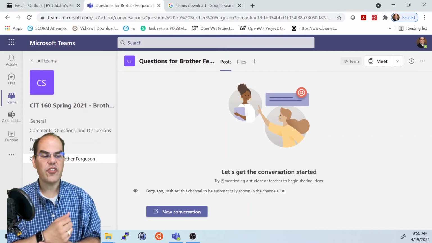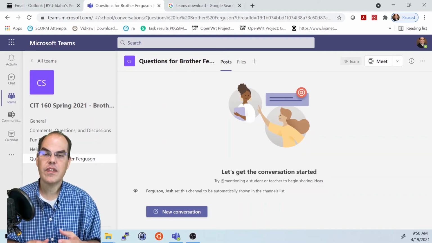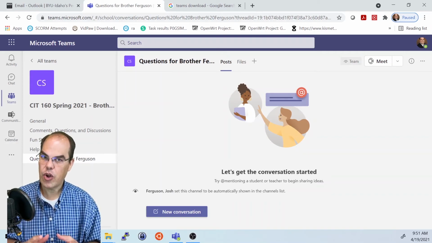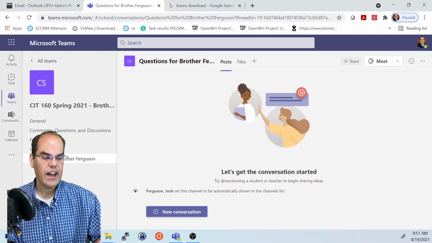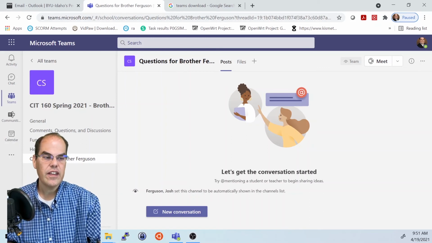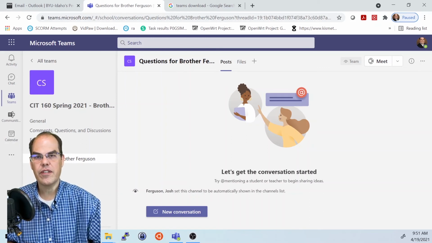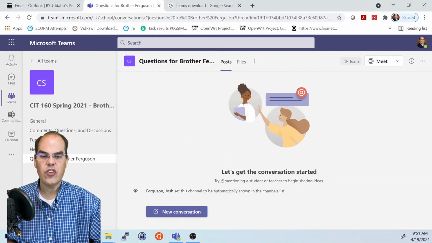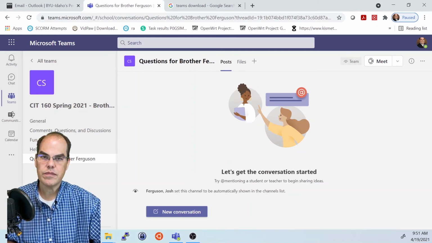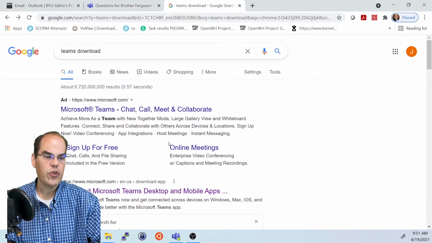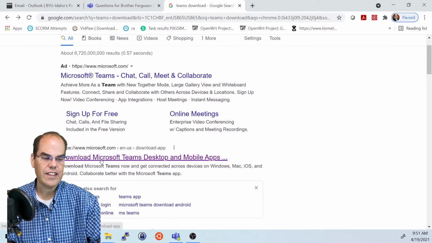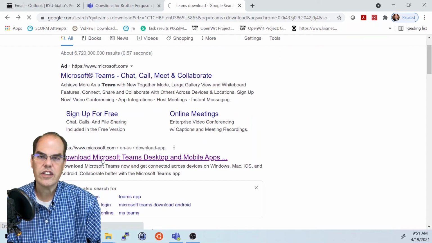Okay, so this is the web interface. It works fine. As you can see, it was a little slow, but it'll work fine if that's the best way for you to work. There's another way, and Microsoft Teams also comes in desktop applications. So if you have an Apple Macintosh or a Microsoft-based computer, you can download it. Just do a Google search for Teams download. It's like the second one here. Just click on the link,